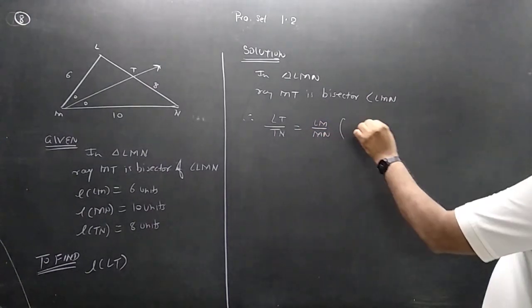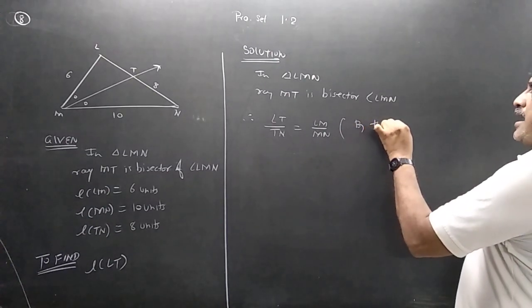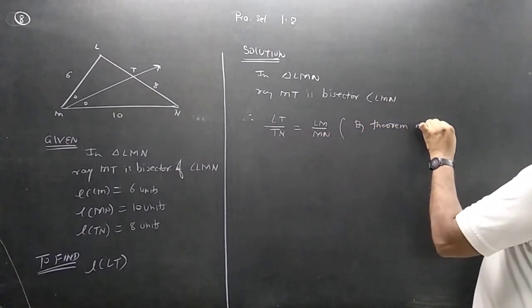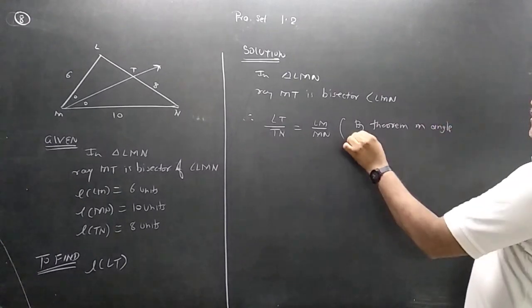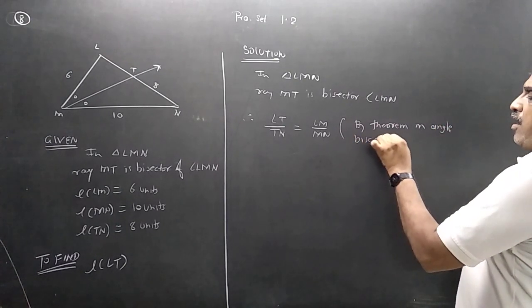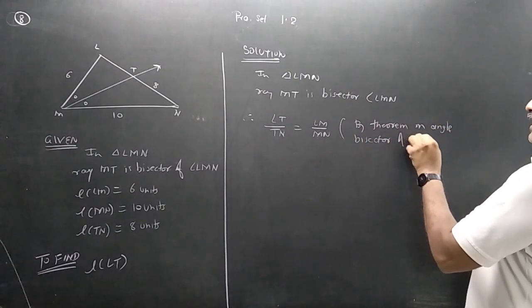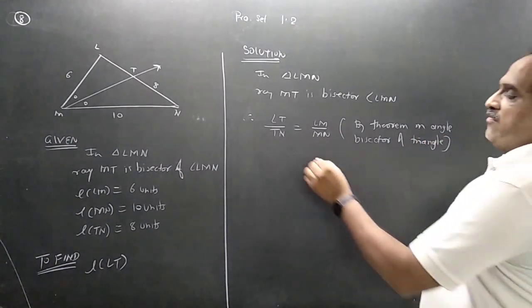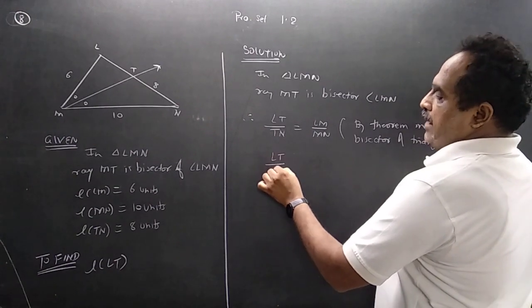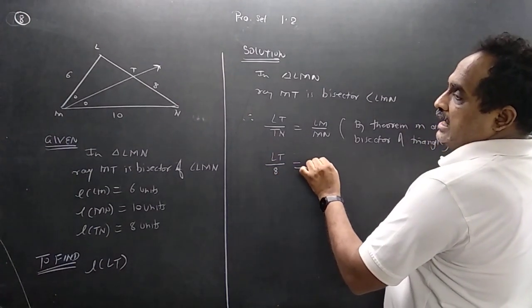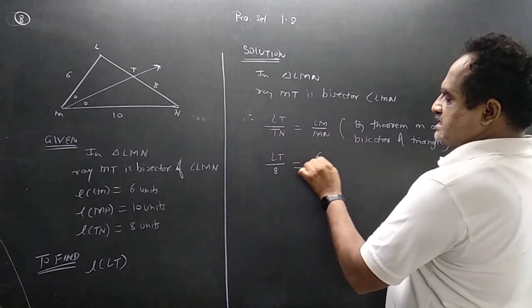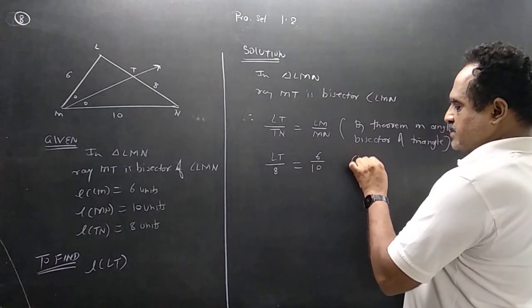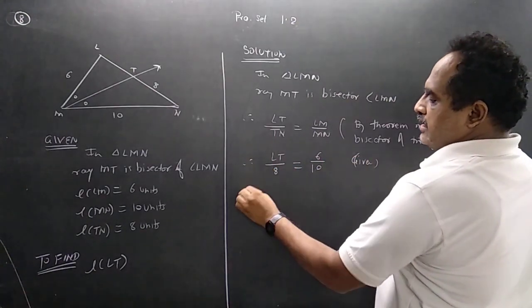That is by theorem on angle bisector of triangle. Value of LP we don't know, PN is 8, LM is 6 and MN is 10. These values are given. Therefore,